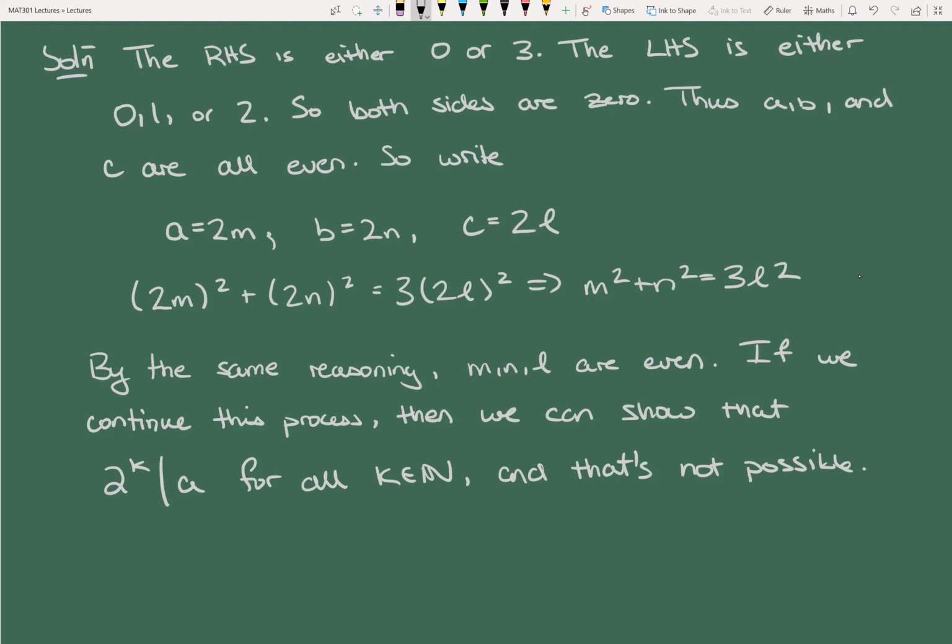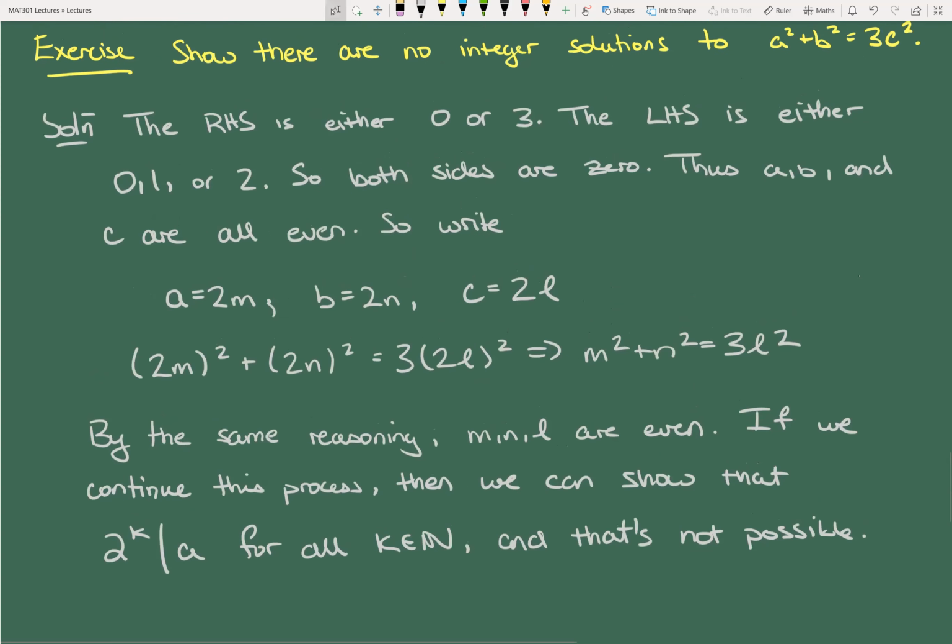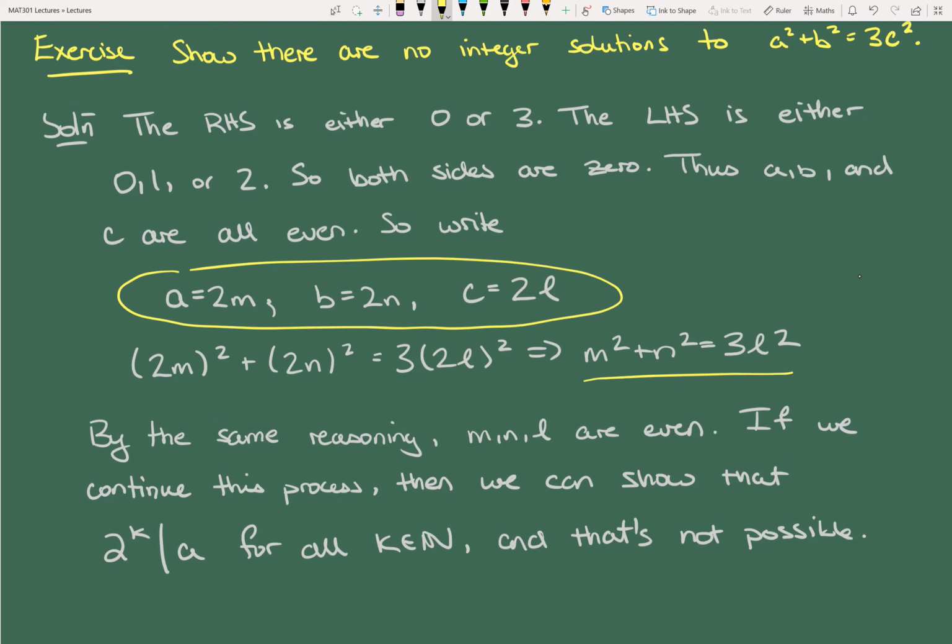In fact, if you want to do an induction proof, now is a great opportunity. So what you would do is say, suppose that this equation, a squared plus b squared equals 3c squared, has a solution. Claim: 2 to the k divides a for all natural numbers k. Base case is basically when you proved that all of the numbers were even. Go by the induction hypothesis, and argue that eventually you get back the same equation, which adds the extra power of 2 that you want. So if you want to practice a little more induction, here's a cool place to try it if you wanted to do this formally.